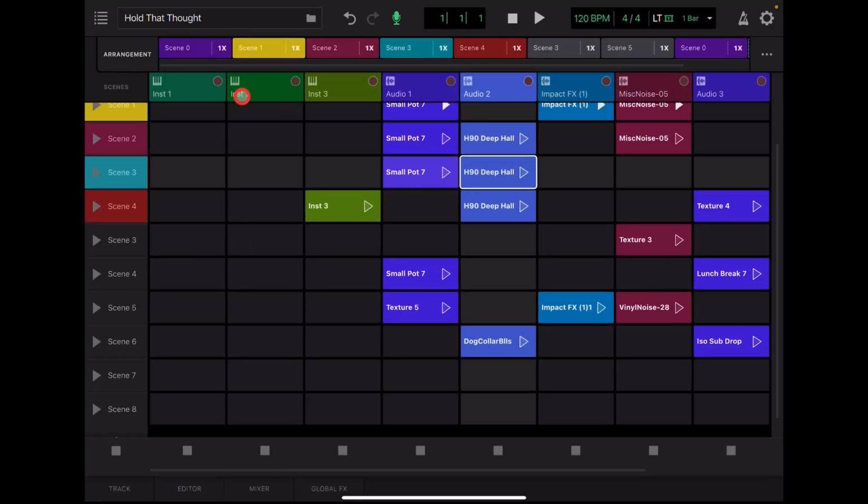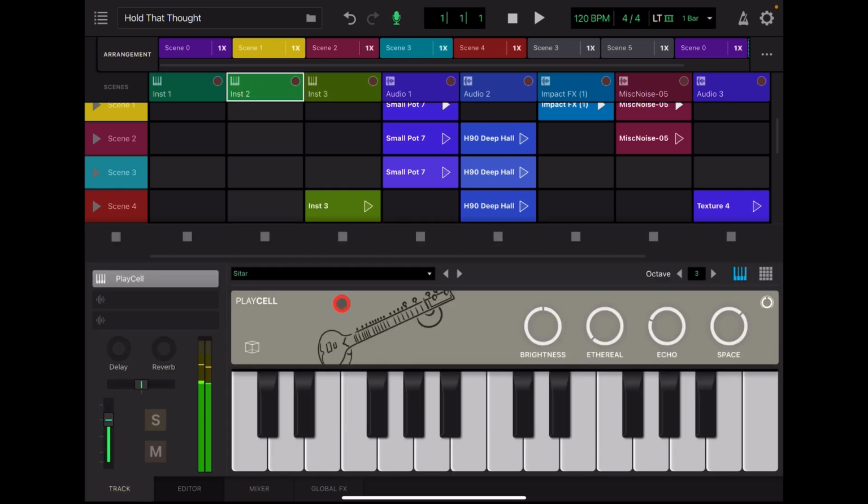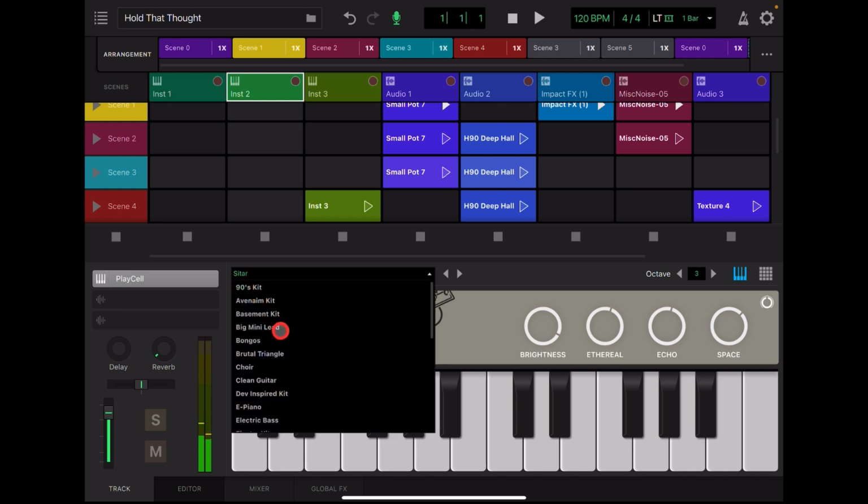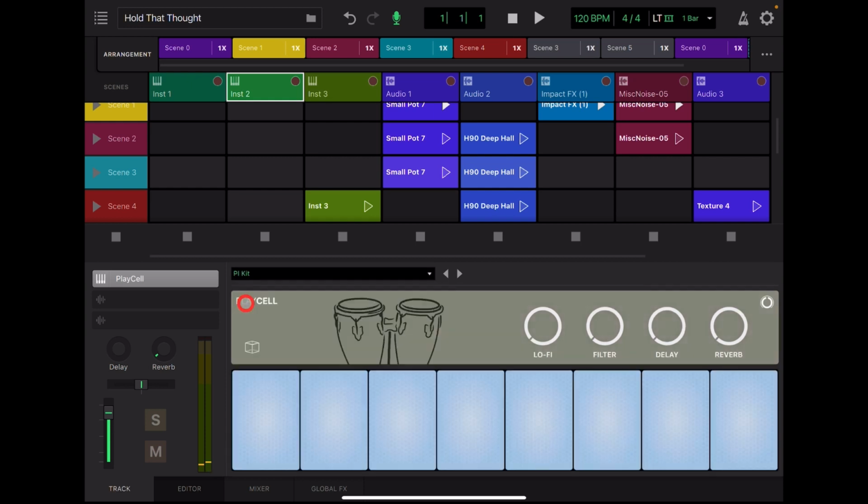And these instruments, you know, this is that one, isn't it? Now let's have a look at the track. This is the Play Cell instrument. Really nice, but there's some lovely instruments in here, you know. Don't be fooled by the first piano that appears. If you scroll down and choose, sorry, that's it. Like, you get some drum kits as well. You can go in, if you scroll down,